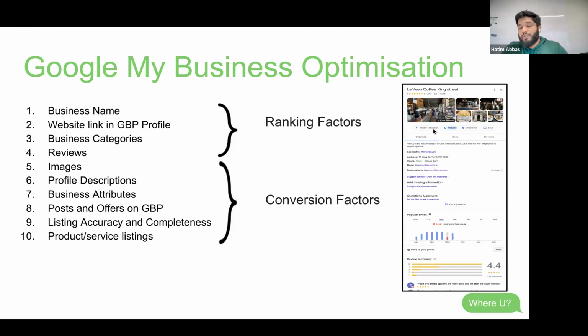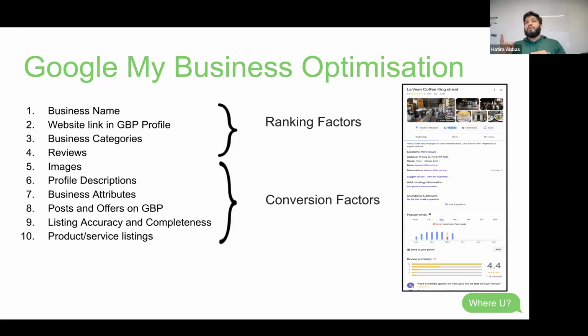So for example, over here where you see order collection, or in some restaurant cases, you might even see a menu option. These are all different attributes that you can add to your Google business profile. But those are all conversion factors. They're important because they show a complete profile. They show a business that cares about its local search presence. So any profile that has more of this is more likely to convert users because you're informing more users about what your business does, helping them.